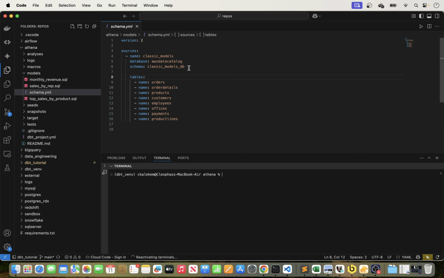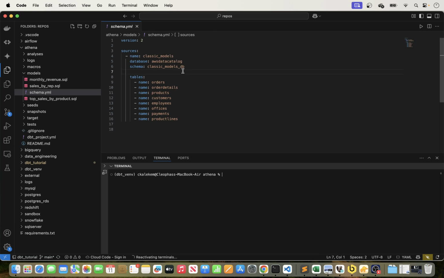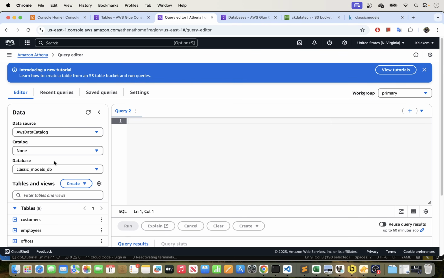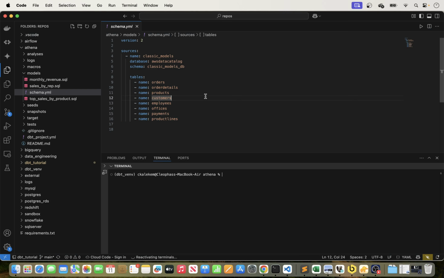And then for the schema, we want to put the schema where our tables are located. For that one, it is this one here, classic models, and this is the one that Glue created for us. So we have our classic models DB here, and then I've just listed here the tables that are contained in this schema. These are the tables, and now I will be using these tables in our models to transform this data. I've created here 3 models that